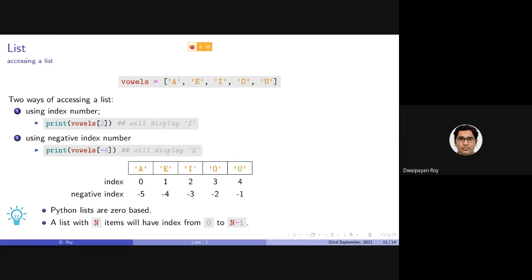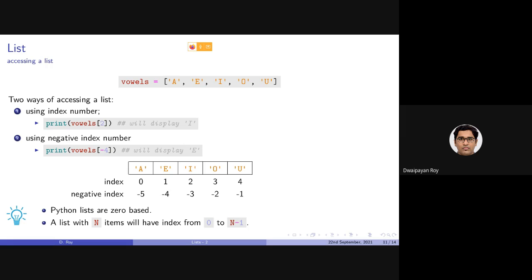Now, again, one thing to remember is these index values are zero based. Zero based means the first item starts from the 0th index. This is similar to other languages like C, C++, Java, or other similar languages.